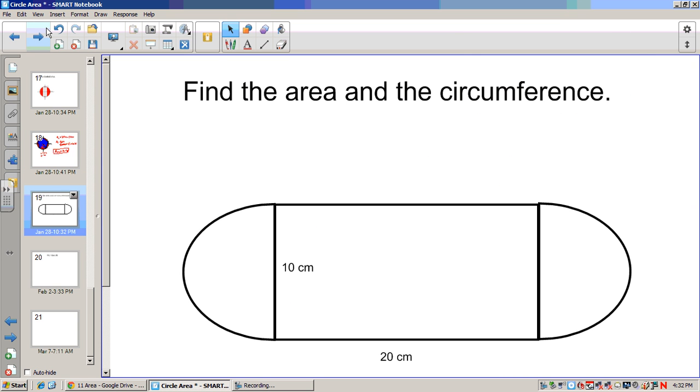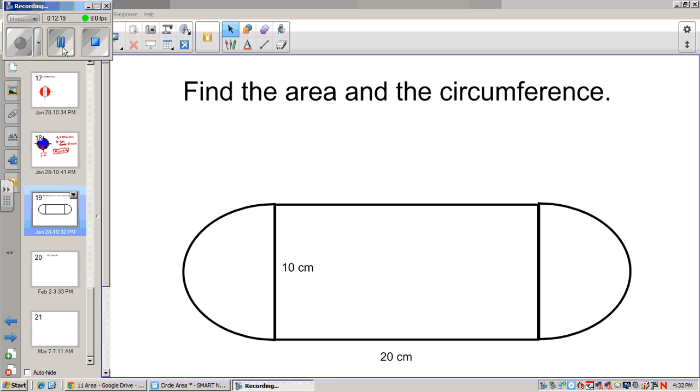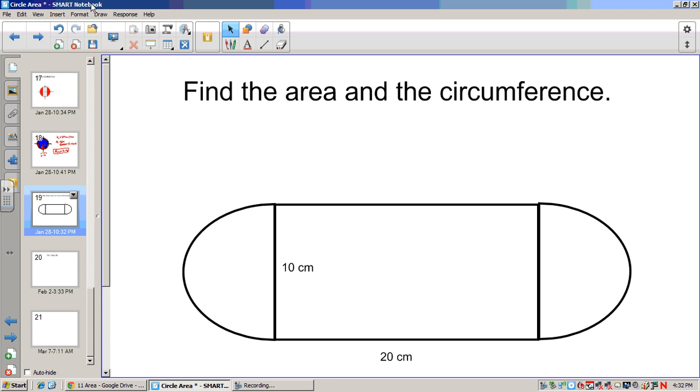All right, here is our last problem of the section. Here we want to find the area and circumference of this object. So we're assuming this is all one big object. Say it's a track that people are running around, or I guess it's centimeters. Maybe a car is going around. Toy car, I mean. All right, so if I want to find the area, this here is a rectangle, so